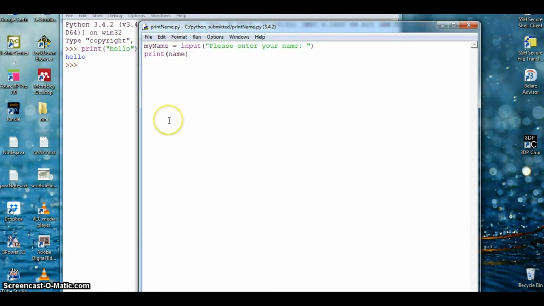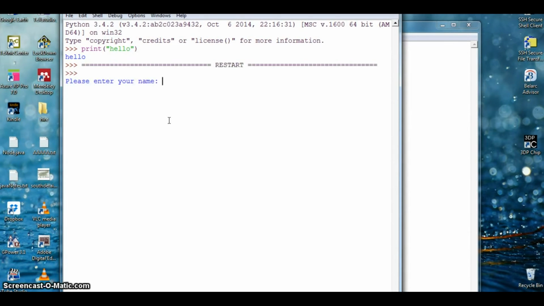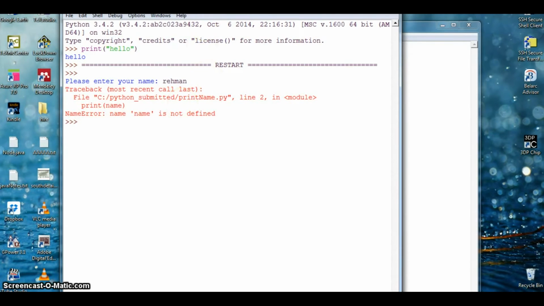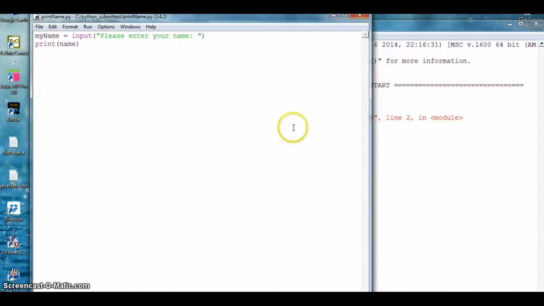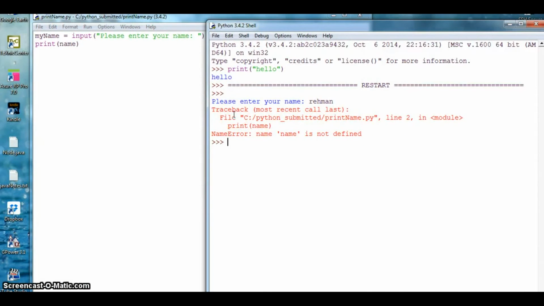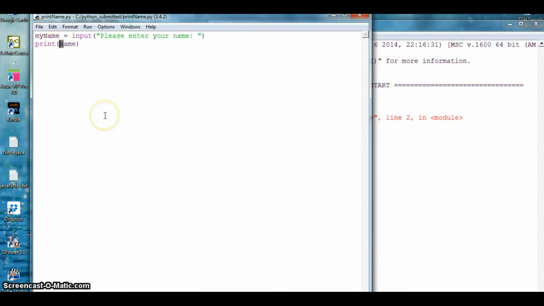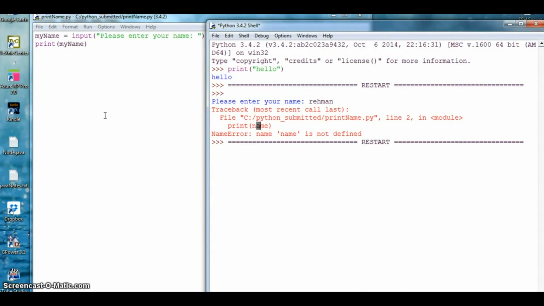To run the shell, you either go to Run, or hit F5. It will give me my name and, oh wait, looks like there's an error. Python will automatically tell you exactly where the error is. Looks like there's a traceback error in the Python file printname.py in line 2. And the error is on the print function, so print name, where name is not defined. Oh, it looks like that's because the variable name is myName. So I'll change it and hit Control S to save. Run it with F5 and